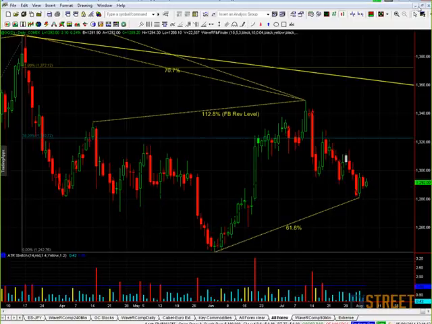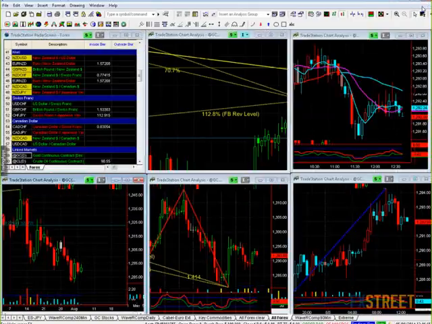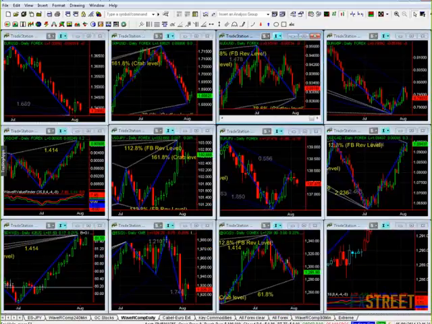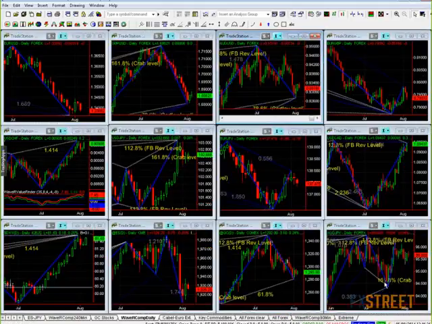Right, so there we are, folks. I've just gone through some of the things that I look at on a daily basis. I look at these composite sets of charts. I'm looking at these important Fibonacci levels that come up. I use my bit of software here, my automatic Fib finder, which tells me, so I don't have to put it on. I can see at a glance where these levels are.